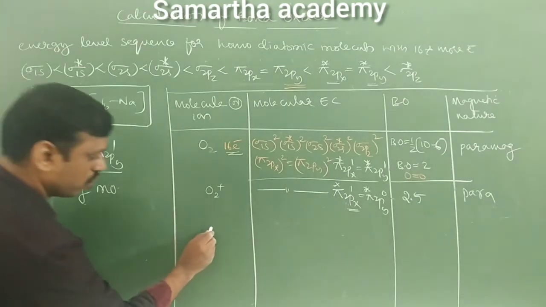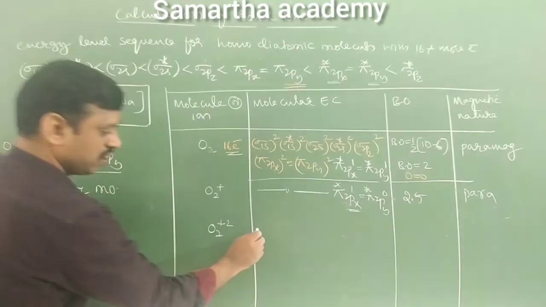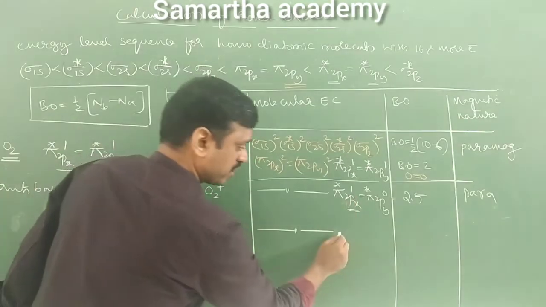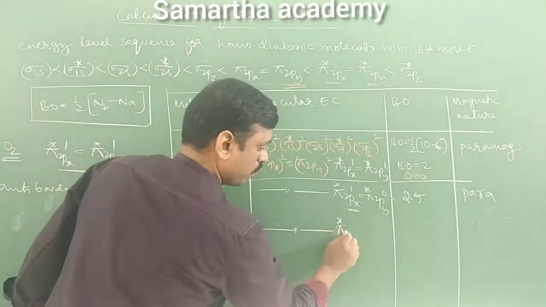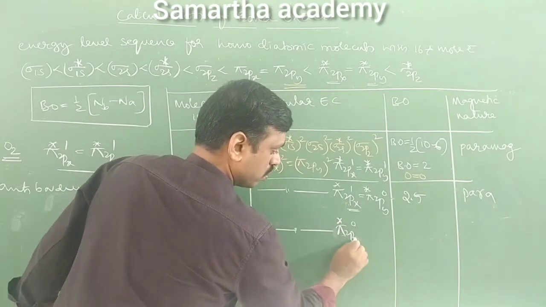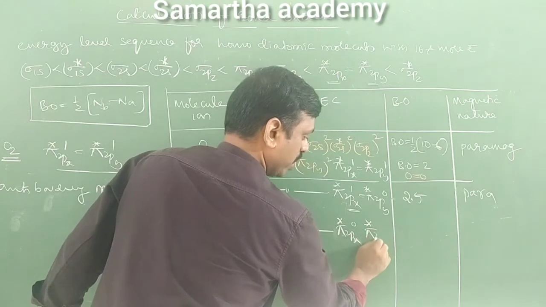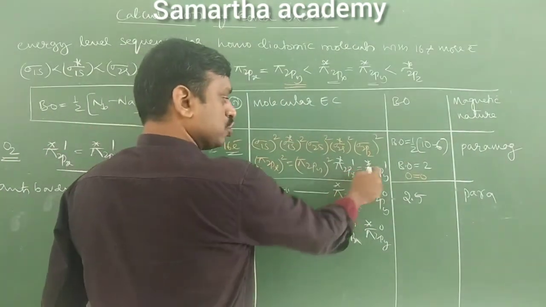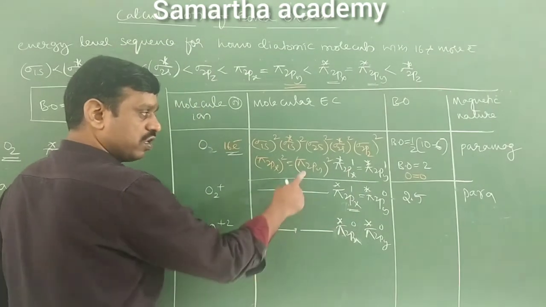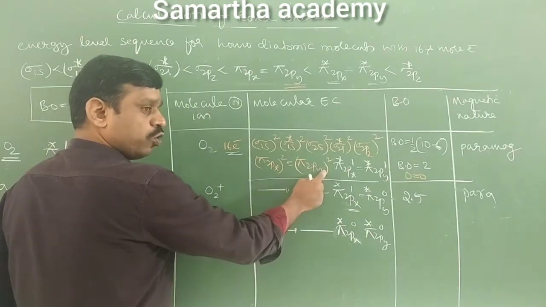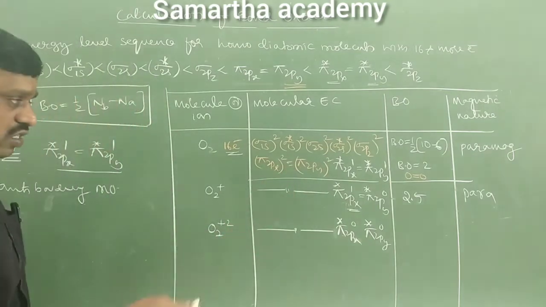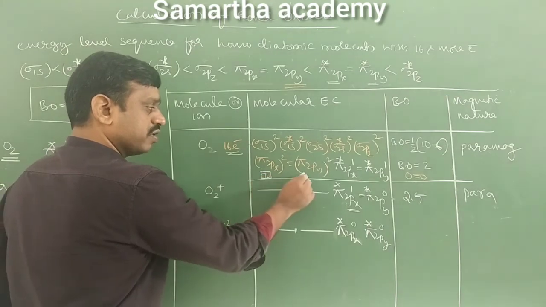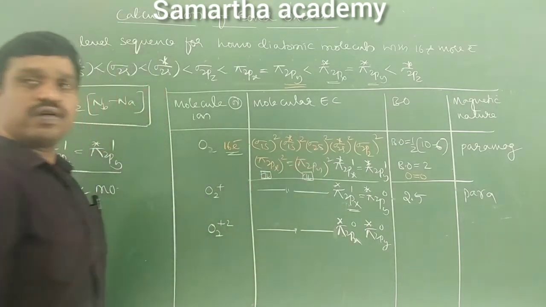Okay. Next, O2 plus 2. So the electronic configuration is similar to oxygen. The only change in the last electronic configuration is what? Pi star 2px is 0. Right? Pi star 2py also 0. Now tell me, if these two are 0, then where is the last electron present? Pi 2px2, pi 2py2, they are filled or not? If 2 electrons are present in one orbital, they should be paired. It is also paired. Electrons are paired.